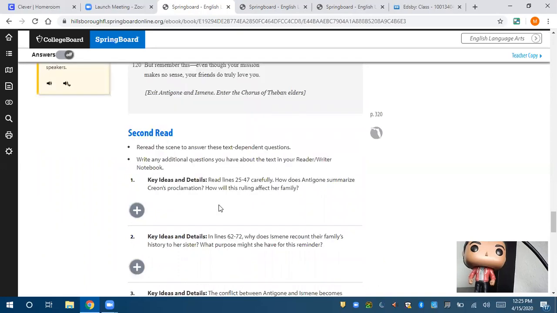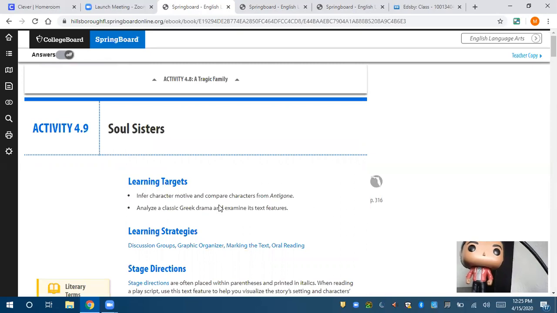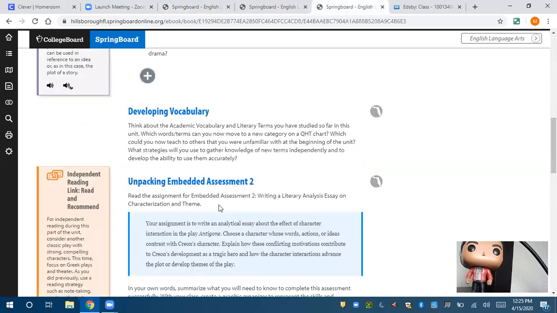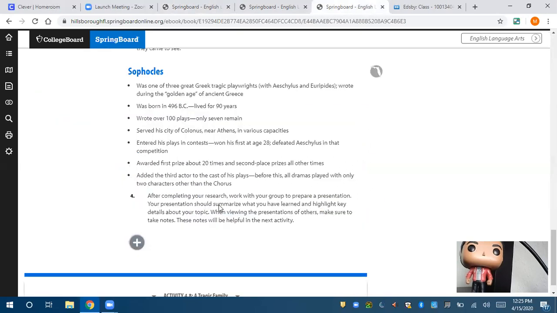Okay, so just backing everything up one more time. Activity 4.7. We are reading the description of the Greek theater. We're reading the description for Sophocles. Based on the information,